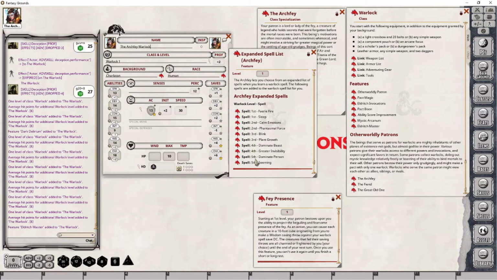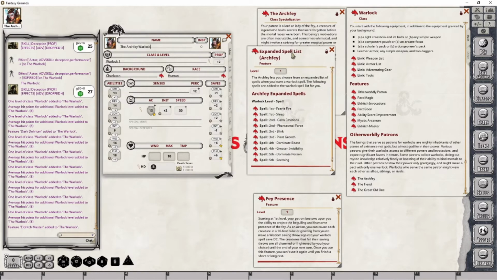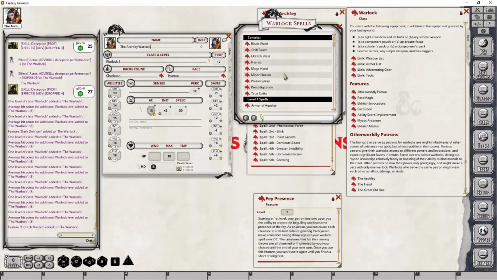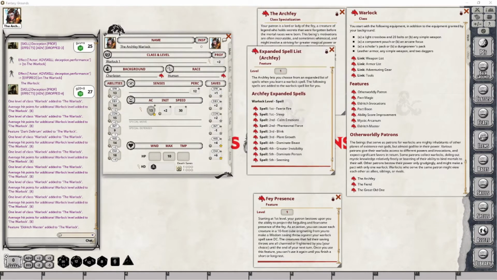This isn't the level you get to choose it from your character's perspective. This is the spell slot level, not the character level, just for point of clarity. So this is something that you could go through and choose a different spell out of if you didn't want to go through the standard Warlock list. And if you recall, you go through the Pact Magic to get at the Warlock spell list. So that's how that goes.